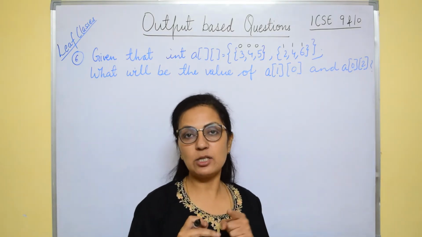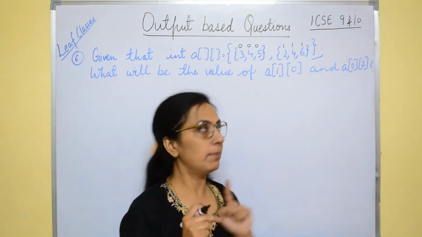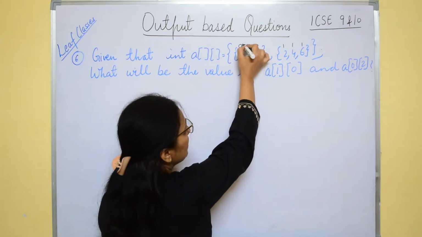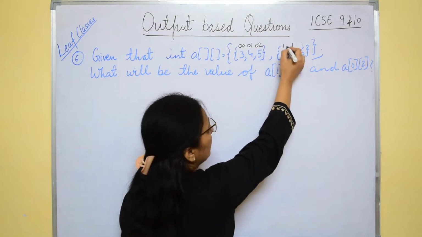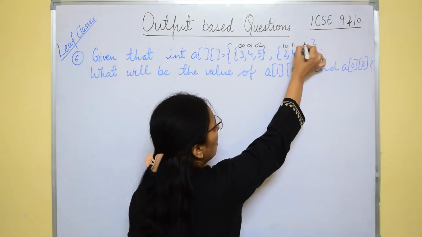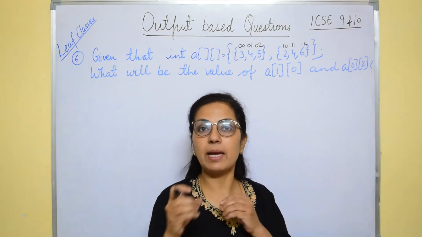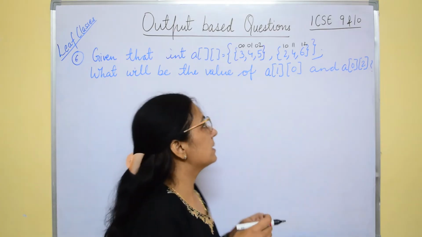Now in a double dimension array, for each element you have a row number and a column number. First row we have written here, the second is column 0, 0, 0, 1, 0, 2, then it is 1, 0, 1, 1, 1, 2. So always it is better to write the subscript in the beginning. With pencil you can write in your answer script.